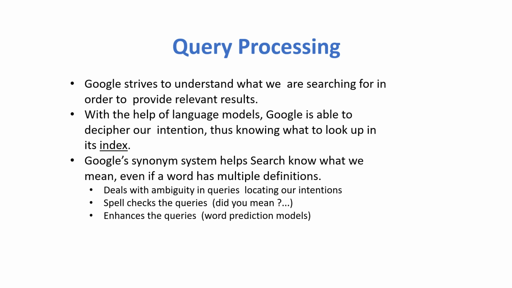It also enhances the query. When we type the query, the query gets enhanced. We would have seen query suggestion, the word suggestion for us. That is done by the word prediction model. Think of the N-gram models we have seen. Those language models are used to predict the closest words that would accompany the query words we are giving, for example, Taj Mahal or Taj Hotel or whatever it is. So whenever we give the query, the query is enhanced, and this is done to get the closest web pages, which are of the user's interest.